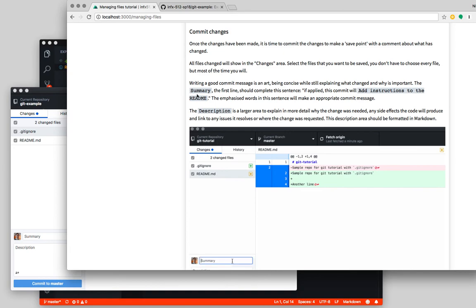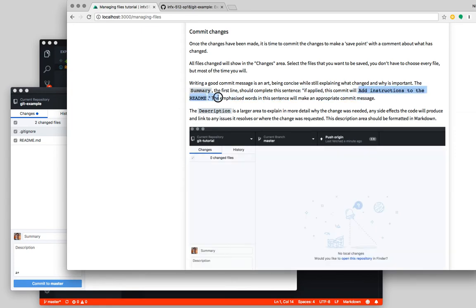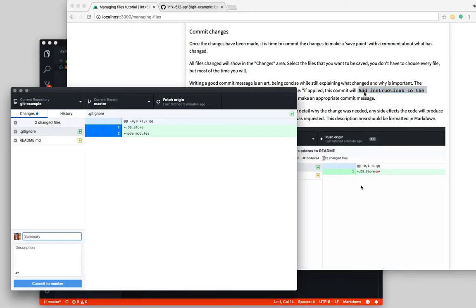But if you only write a summary, the goal is to explain to yourself, your future self, and/or other developers, if applied, this commit will, and then complete that sentence. So, add instructions to the README. As an example, what we did here is, if applied, this commit will add author information to README